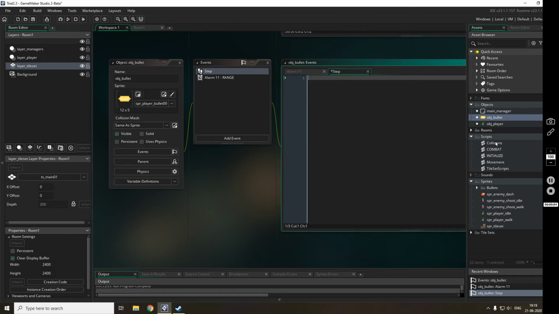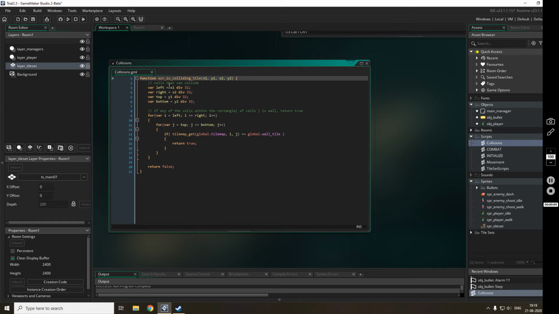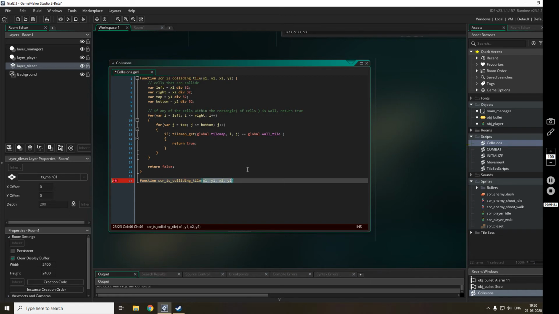and what we'll do is, we already have a script for collision that we made in the previous videos. So scr_is_colliding_tile, yeah, we'll just call this one. Okay, maybe we will create a shortcut for this. No, sorry, we'll create another function and we'll directly pass the instance.